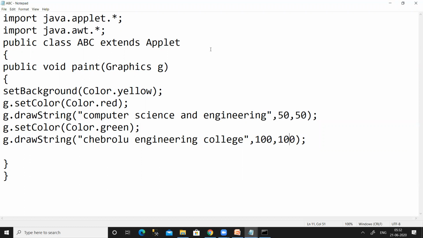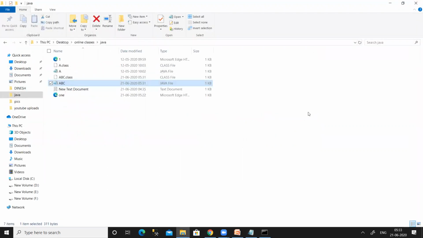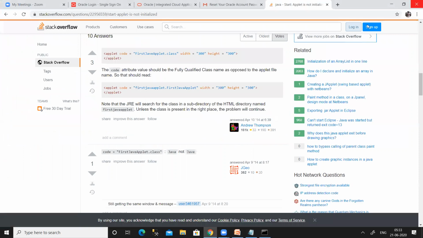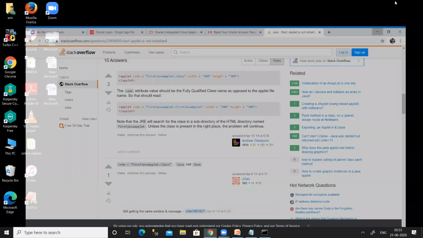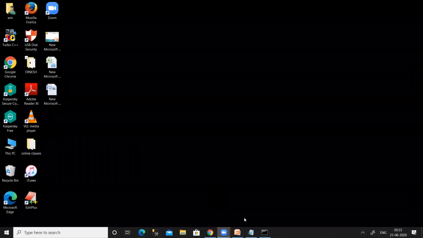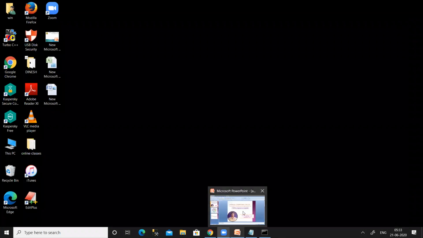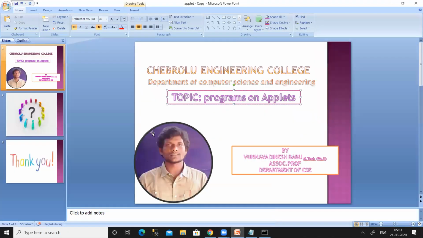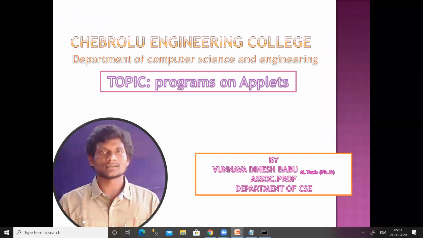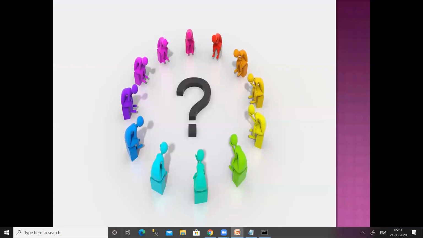So let us extend this program in the next session by drawing some simple shapes on applets.